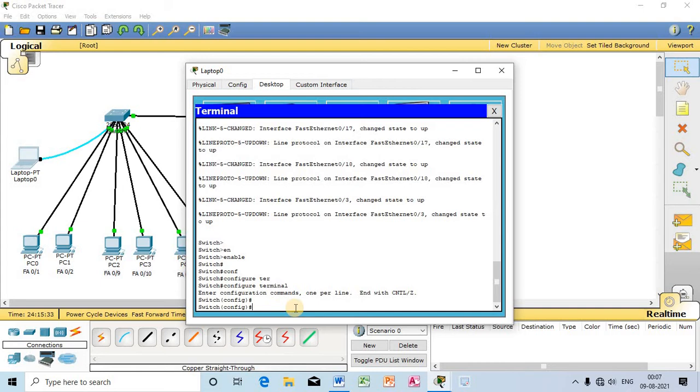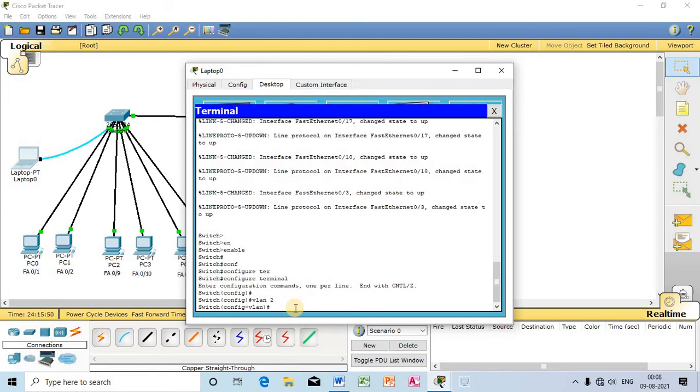So what will I do now? I will create a VLAN. For creating a VLAN, the command that will be used is vlan followed by the number. Any number you can provide. Let me provide 2. So I have created the VLAN. The value I have provided for the VLAN is 2. So I have entered that particular VLAN.